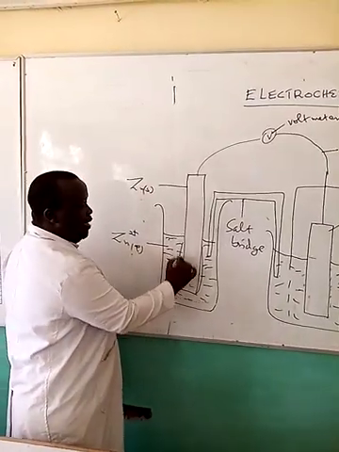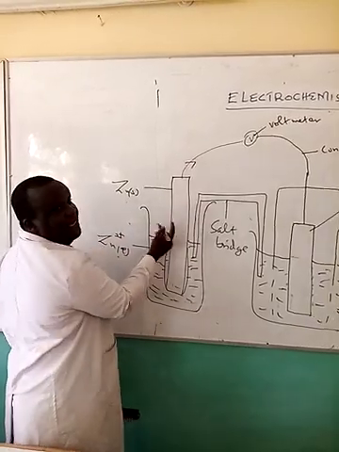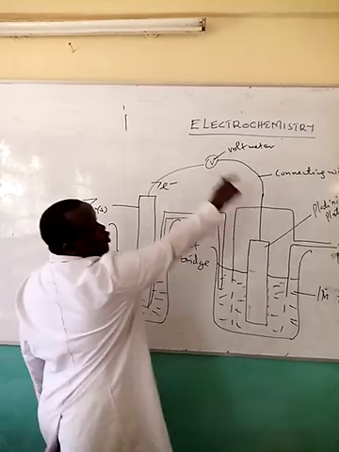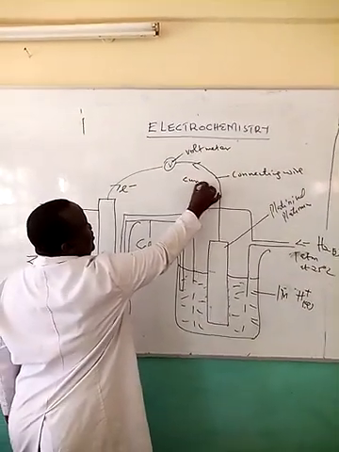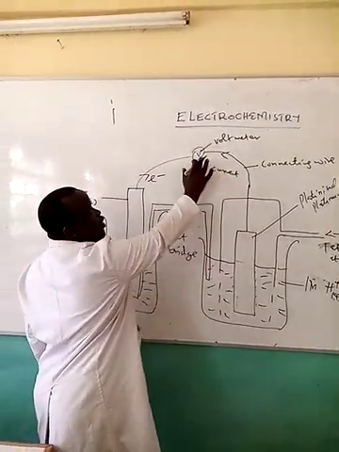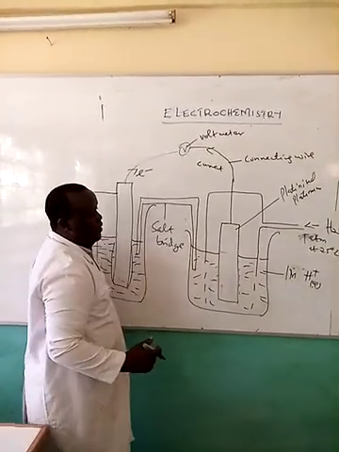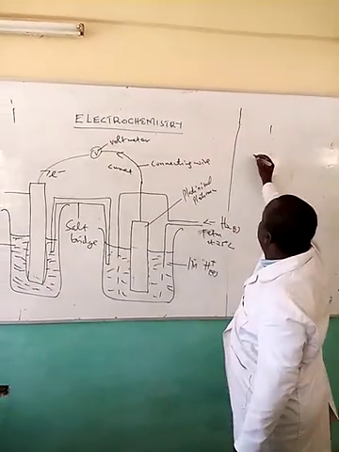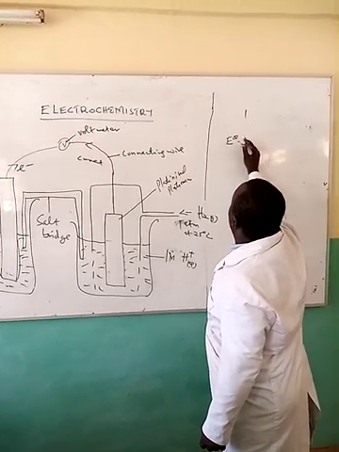Now, the electrons that are piling up here flow through the connecting wire. This is zinc metal, zinc plate. These are electrons. As they flow in this direction, current flows in the opposite direction. This is now current. As they flow, there will be a deflection in the voltmeter. This half cell of hydrogen is assigned the electromotive force of 0 volts. It has an inert value of 0.